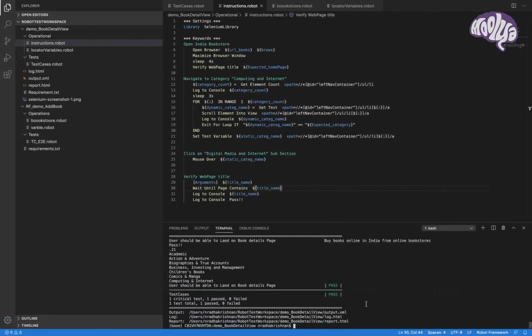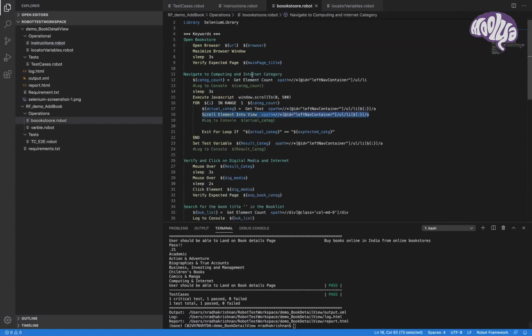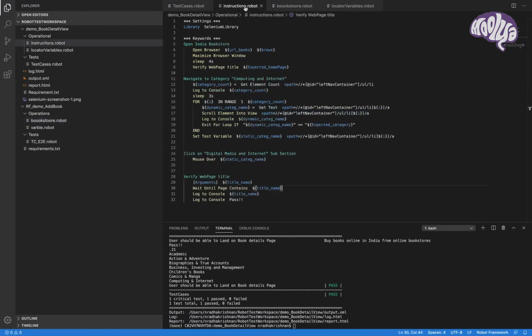How about I manually scroll it? To manually scroll, the command is execute JavaScript. This is my another file. I'm just scrolling the page a bit so that it is visible whether I'm going correctly or not.